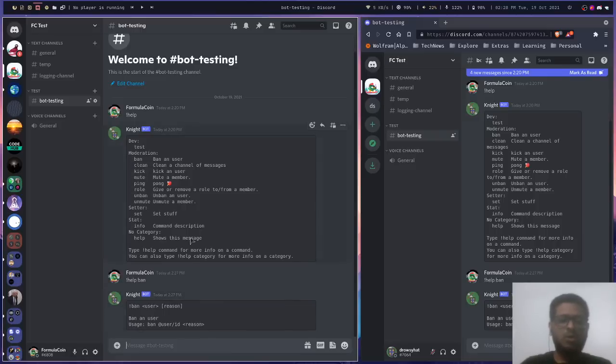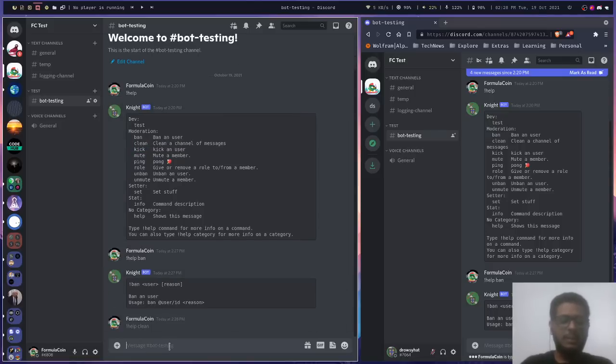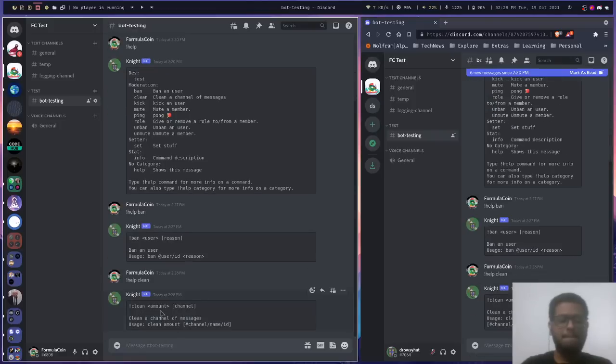Let's say I want to clean a certain amount of messages, so I can use the clean command. Let's see what the arguments for the clean command are. As we can see, the clean command takes two arguments. First is amount, which is a required argument, and channel, which is an optional argument.